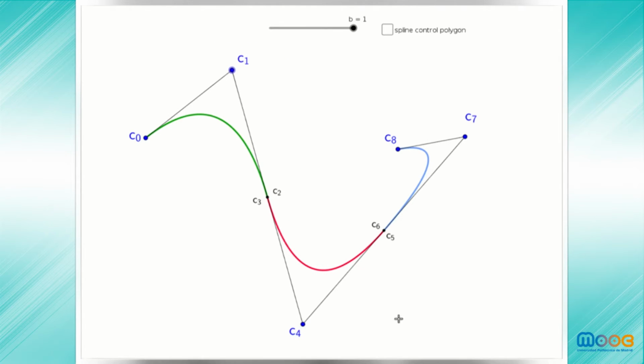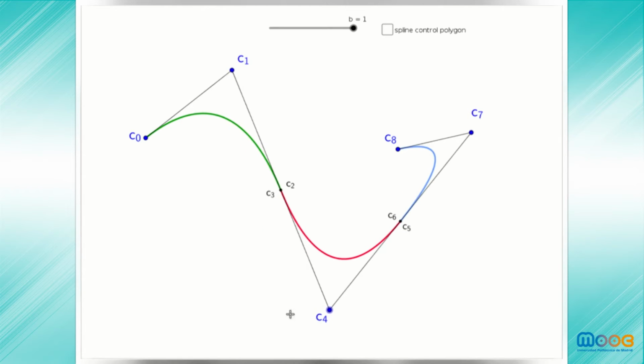And the same happens with C5. Its position is forced by the position of C4 and C7 and is moved when we move these vertices. So now only the vertices in blue are free to be moved, and they constitute the control polygon of this curve. This is the control polygon of the B-spline curve. And the union of the Bezier curves forms the quadratic B-spline curve.